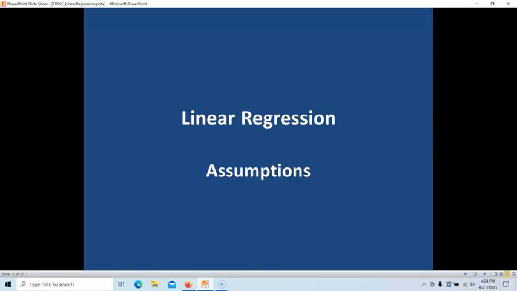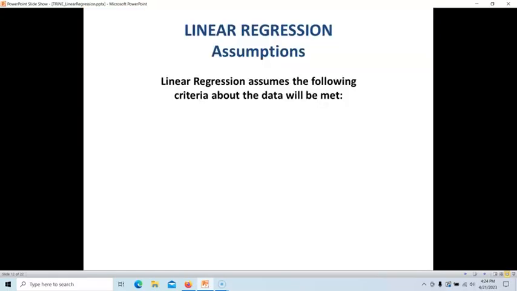So what are the assumptions that are made in linear regression? Now, this is from a purely statistical standpoint. However, in the real world of data science, a lot of times people don't care a lot about some of these assumptions. But from a purely statistical standpoint, the assumptions that you make for linear regression